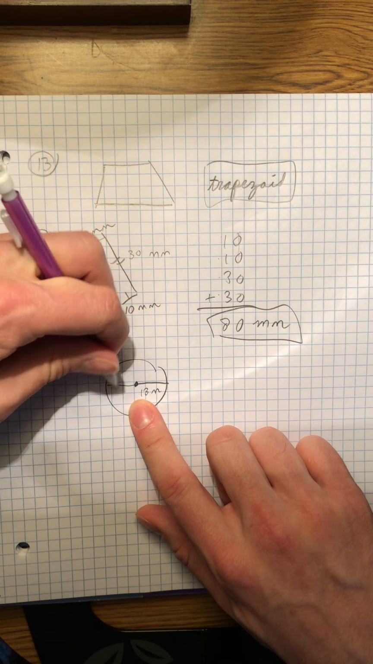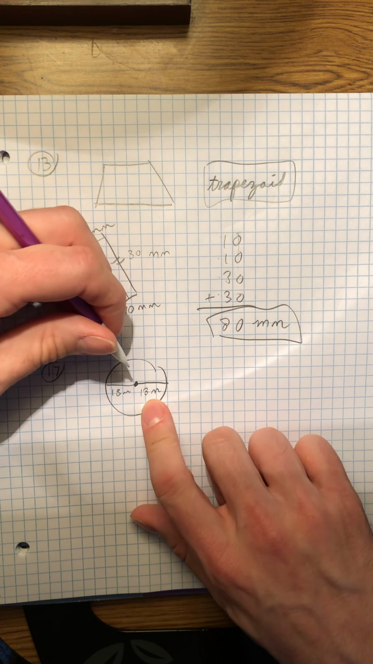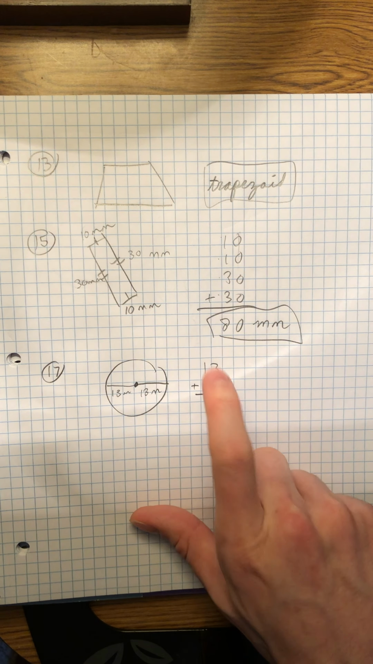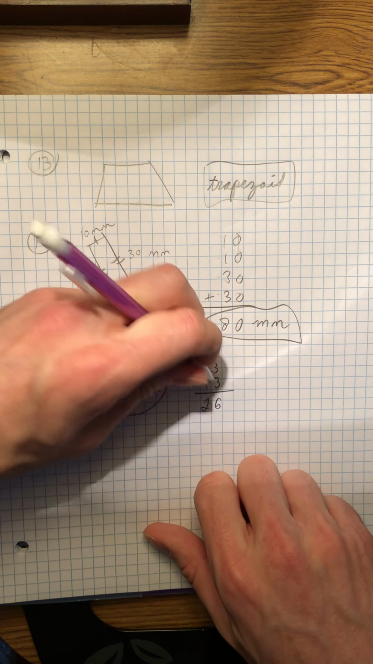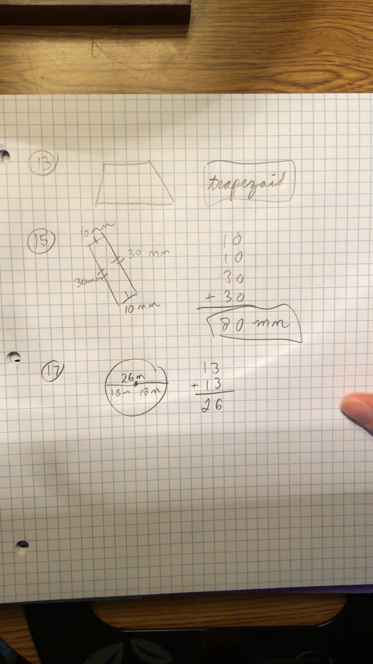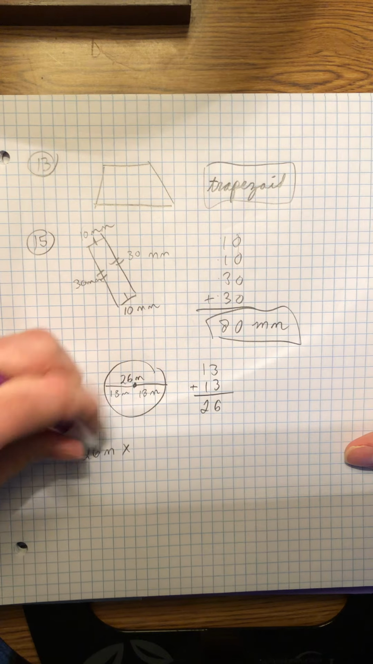So if this radius is 13, this is also 13. So altogether, the diameter is 13 plus 13. What's that? 3 plus 3 is 6. 1 plus 1 is 2. So that means the diameter of the circle is 26 meters. So now you can multiply 26 meters times